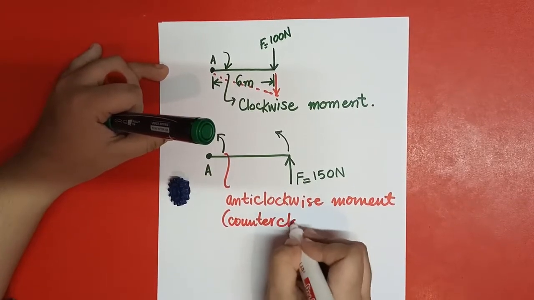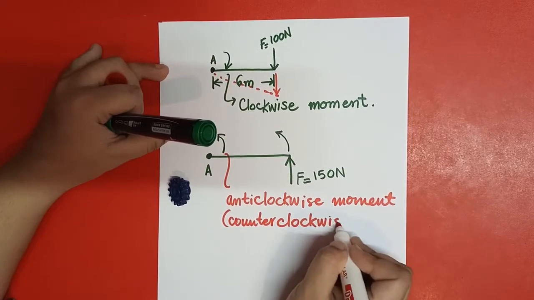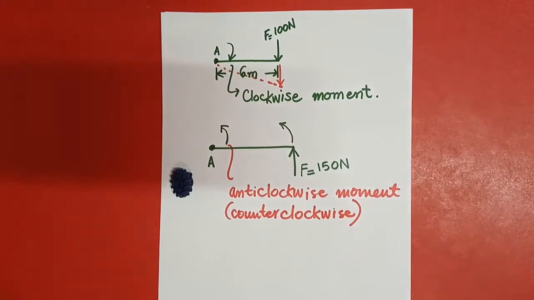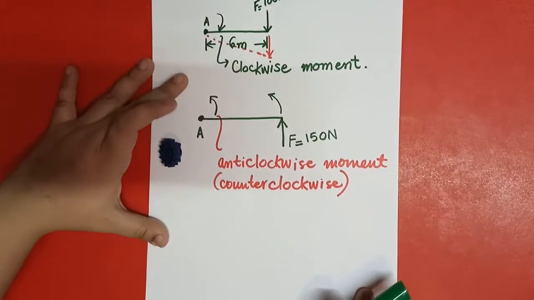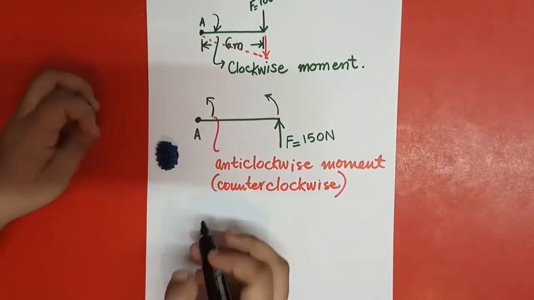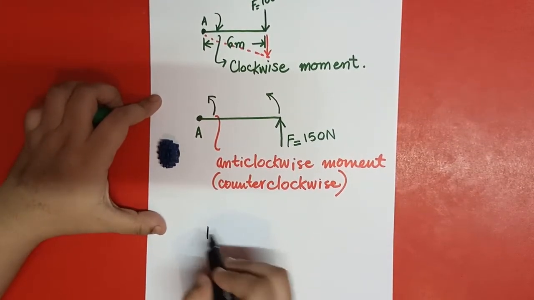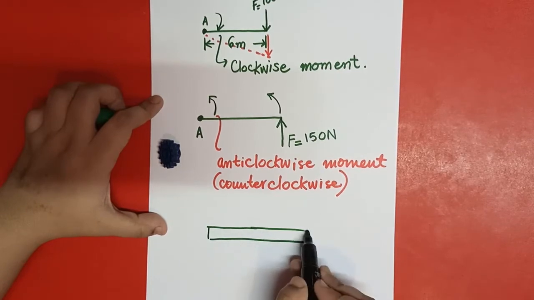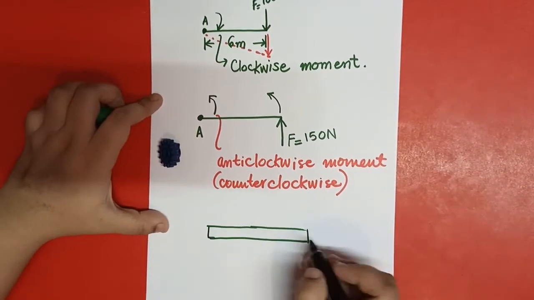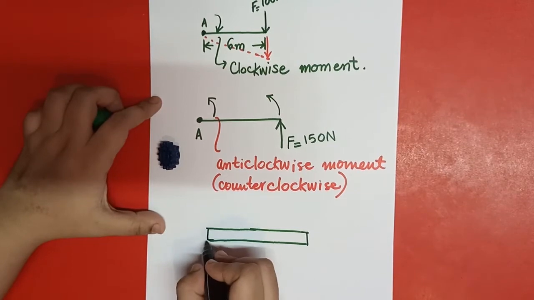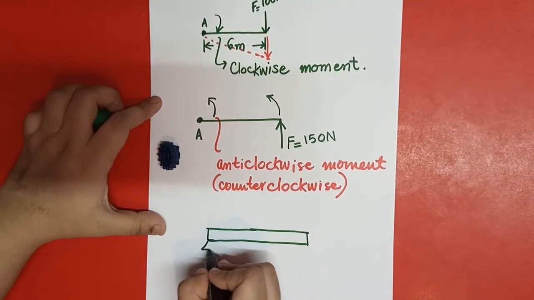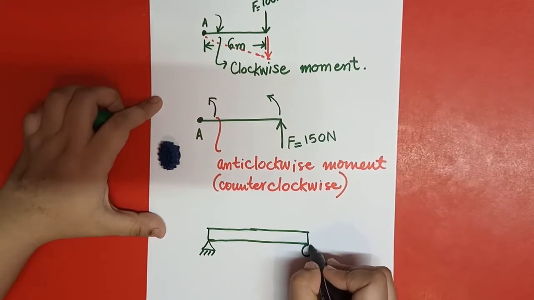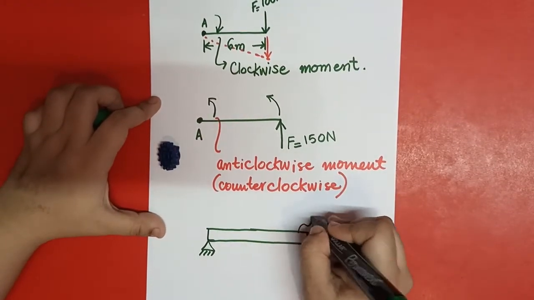Now I am moving towards different numericals on beams. So how can we calculate the support reactions in the beams? For example, I am drawing a beam. This is a beam, a structural member or component of a building. I have a hinge support here, and there is a roller here. You can show the roller like this as well, and this is the beam.